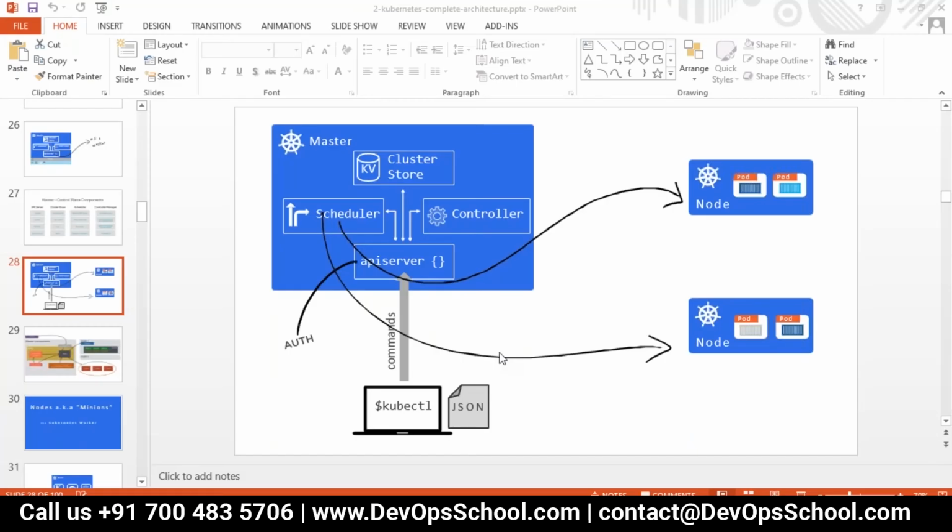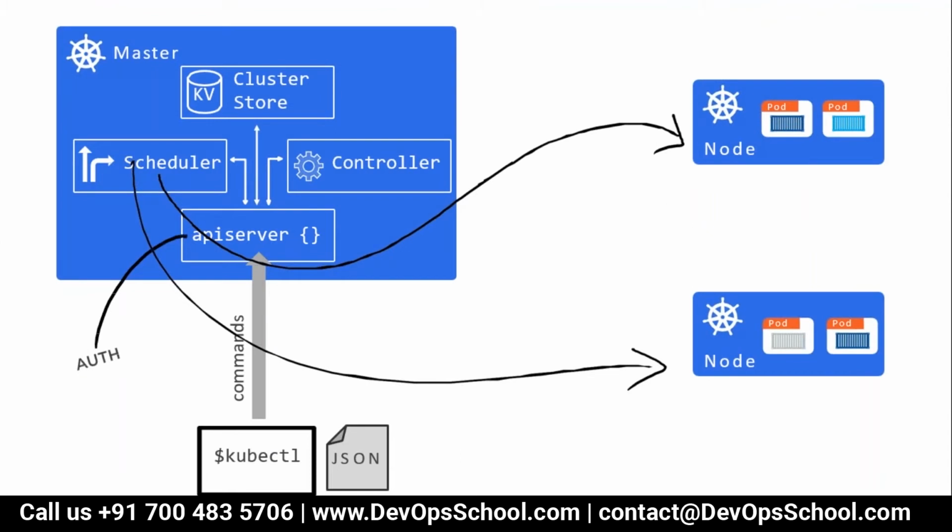Okay, guys, so please focus on my screen. Let's continue the discussions from where we were till last day. So now we have figured out what we have in the master. Master has 4 components. I assume we understood well: API server, cluster store powered by etcd, controller manager, and scheduler.